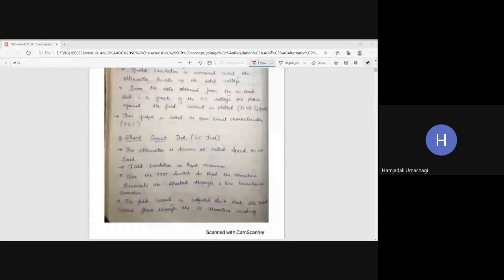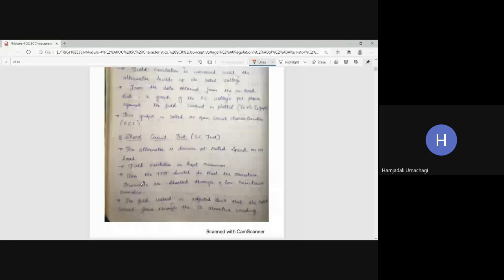Close the TPST switch so that the armature terminals are shorted through a low resistance ammeter. The field current is adjusted such that rated current flows through the